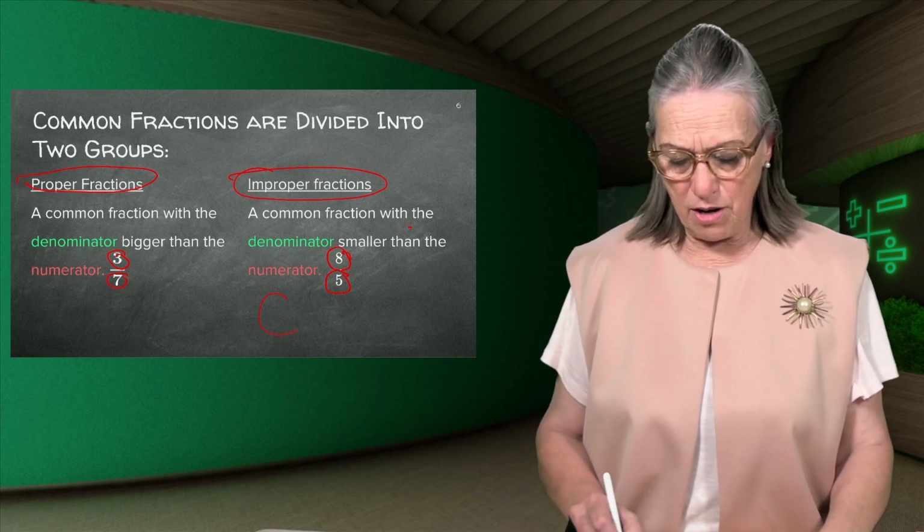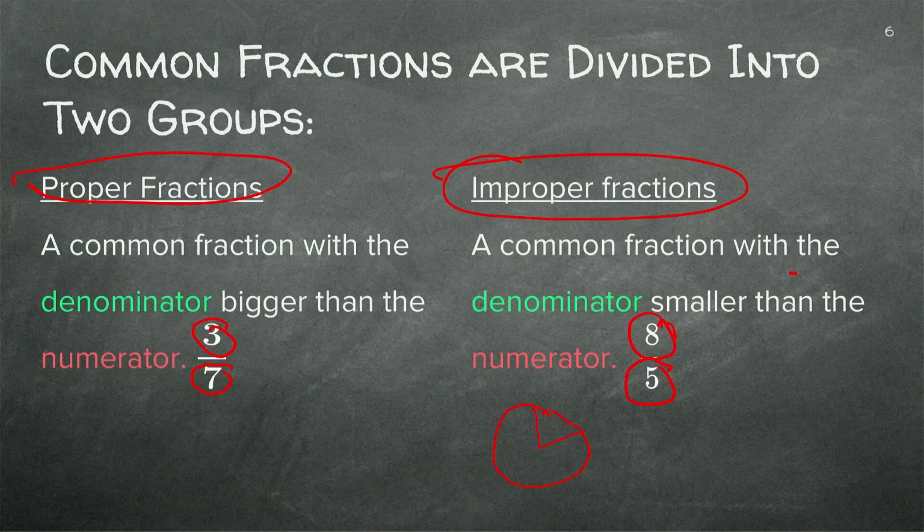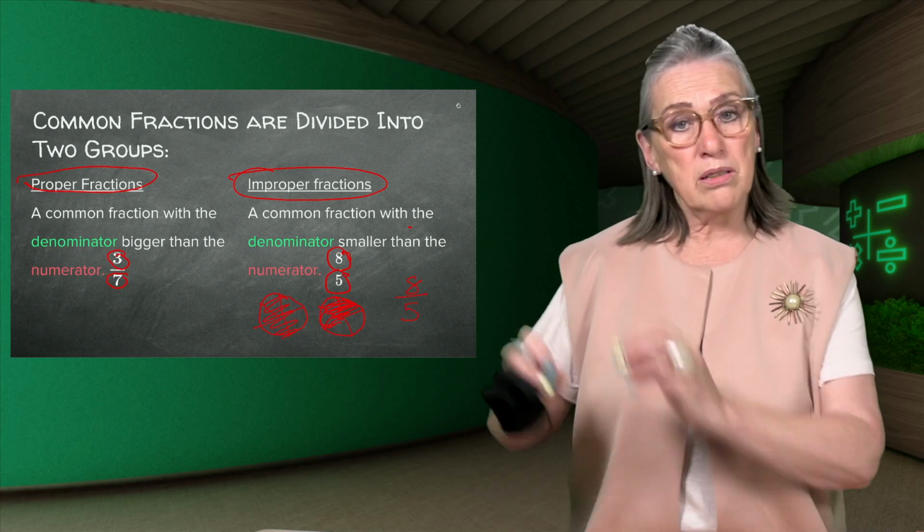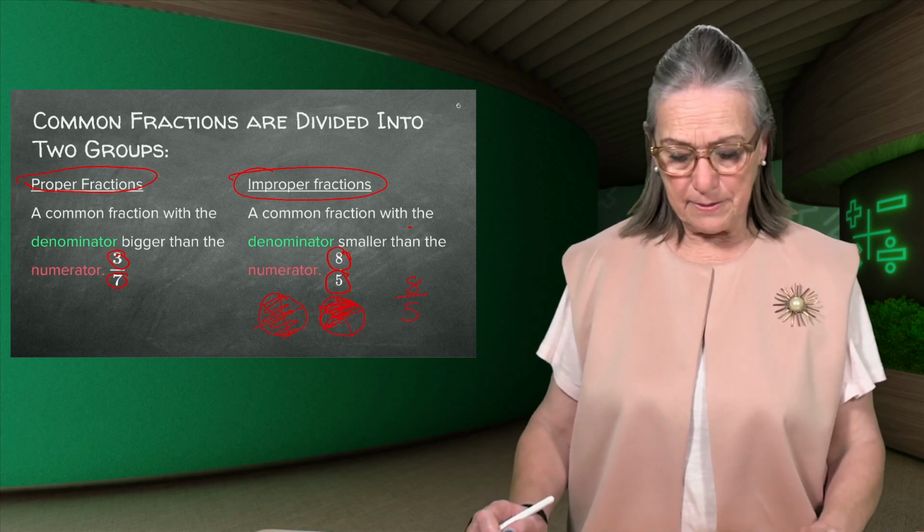Easy. So if we know a pie has got 5 sections, so perhaps they finished the whole pie, and we had 2 pies of the same size, so they finished this whole pie, and they ate 3 sections on the side. So what did they eat? 5 plus 3, they ate 8 slices of the pie that was cut in 5 equal pieces. Got it? Okay.